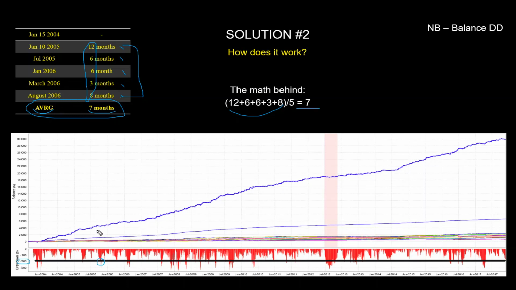So what do we do in this case? I'm sure ideas are starting to pop up in your head already, right? I'll move on to the next slide. I was sure I'm going to forget it. That's why I put it here as a nota bene. We're looking at the balance drawdown here, not the equity. Okay, balance drawdown. This is important to be mentioned.